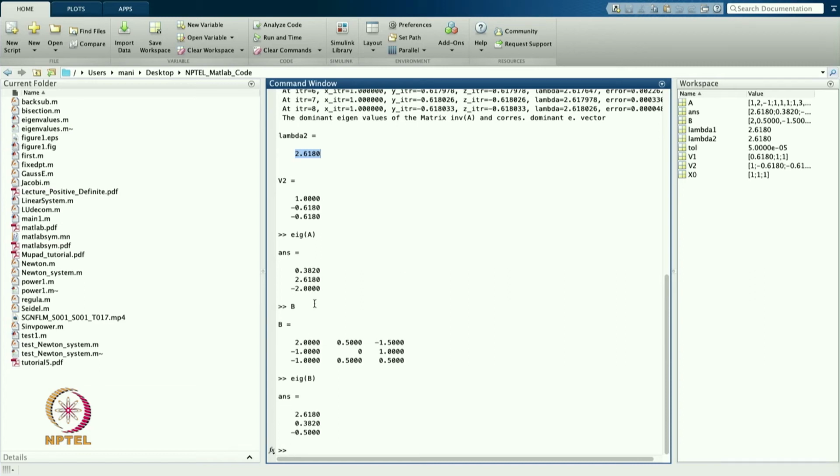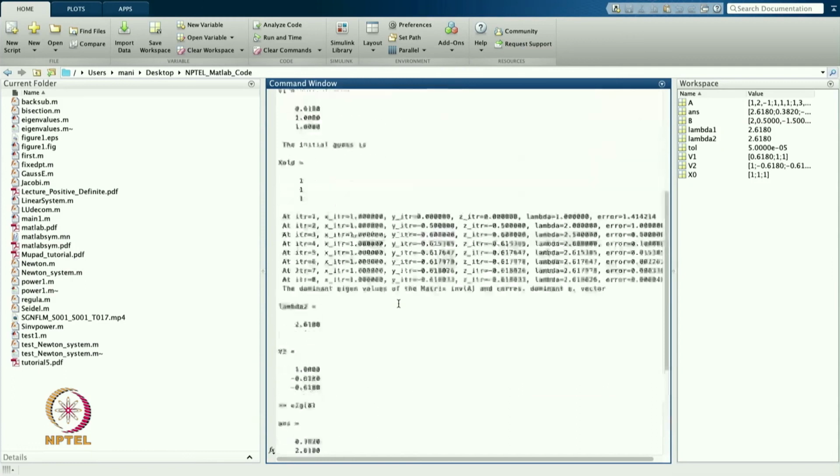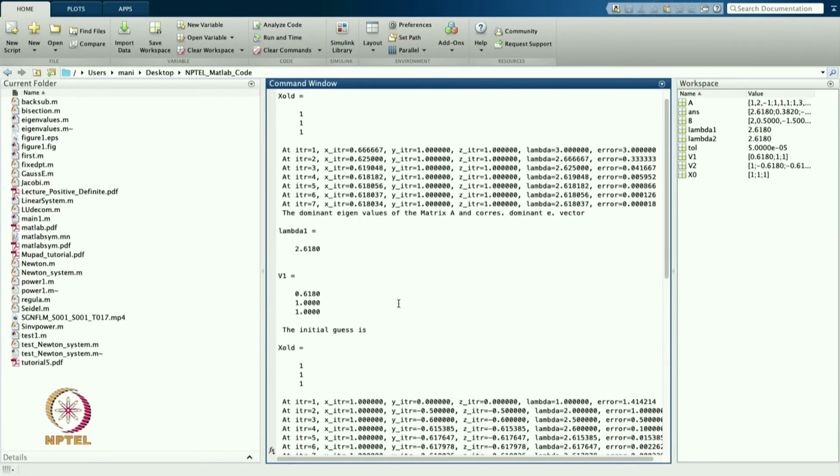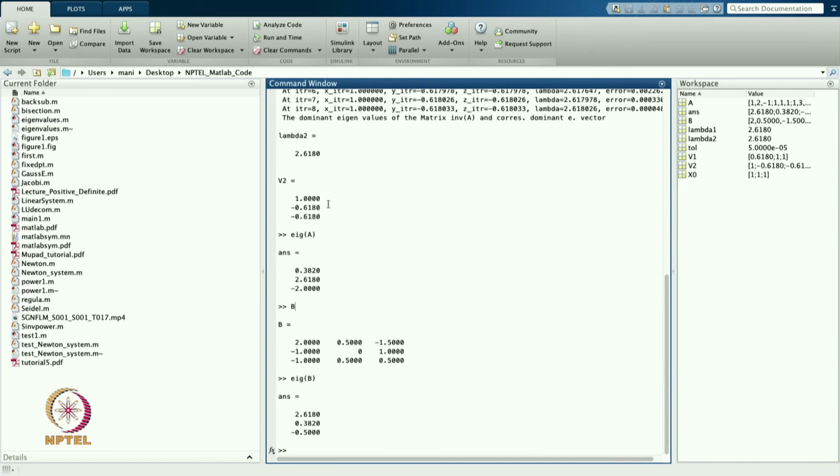From here you can see why it is giving a good result. In this case, the difference between the eigenvalues is quite large, so it is easy to determine which is the dominant eigenvalue. So, in this case we are getting the dominant eigenvalue for A and A inverse. But the problem is that it is okay with the A matrix. For the A matrix, if you see, the dominant eigenvalue is this, and for B, the dominant eigenvalue is again 2.6180.